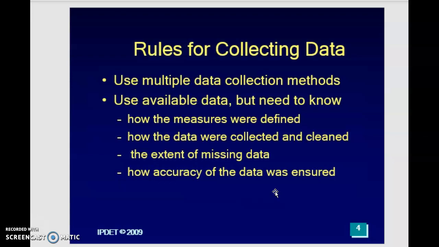Always also use available data. When you need to conduct a study and you need to collect data, make sure that your first focus is in checking whether there is available data. Because if there is data out there, there is no need to waste the time and money to go collect data. But when there is available data, make sure that you are able to assess that data to see how